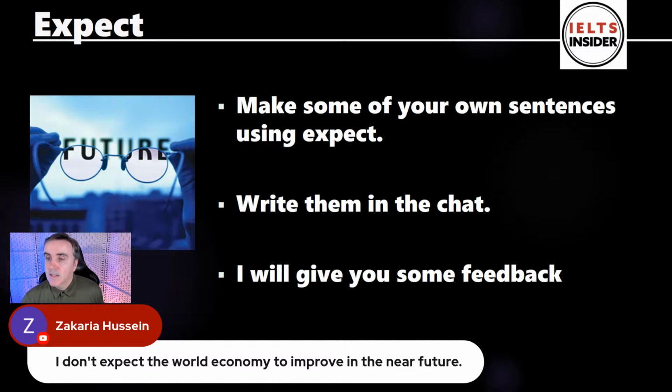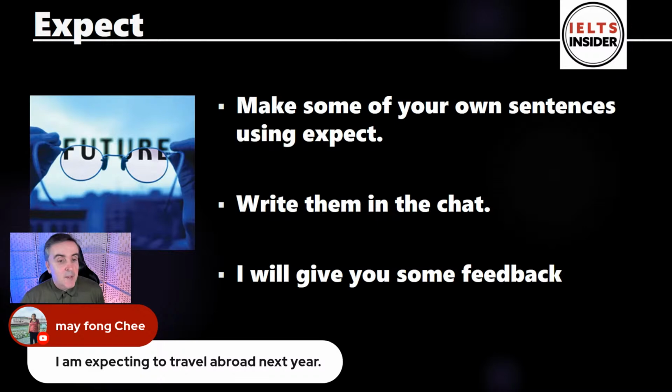Perfect sentence. May is saying, I am expecting to travel abroad next year. So again, this would be likely to happen. I think for this sentence, maybe planning would be better here. But yeah,